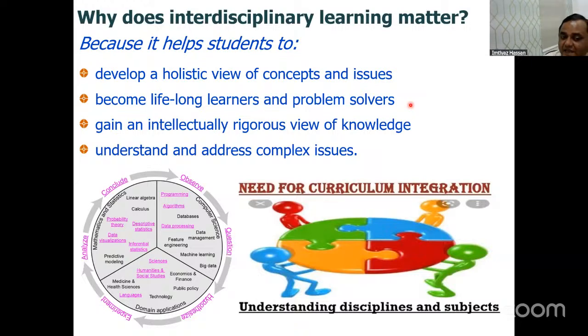If a person is developing only a mathematical model, can they solve the biological issue? No. They have to learn the biology also. Similarly, if biologists want to do some modeling, they have to learn the mathematics also. So a person who knows biology as well as mathematics becomes the best solver of complex issues related to the biology and mathematics interface. Similarly, you can integrate many disciplines together, and you can see that a person who is an expert of two or more disciplines is a good teacher, a good researcher, and a good problem solver.